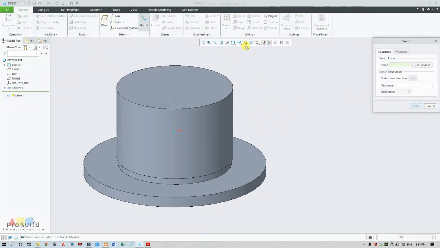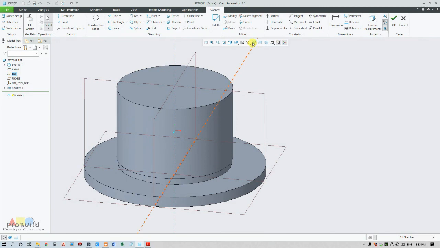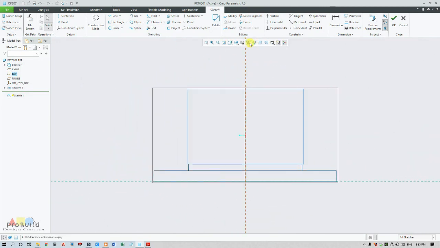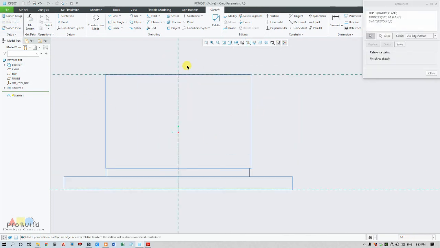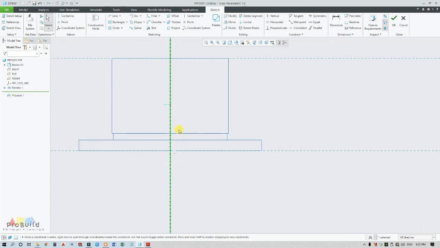I am choosing the right plane, go for sketch, make this 2D, change to hidden line, switch off the plane and select this as my reference. Go for 3D center line, just make it coincide with this y-axis.